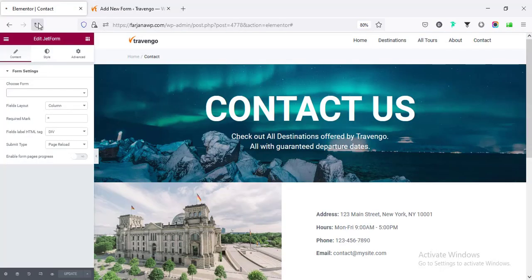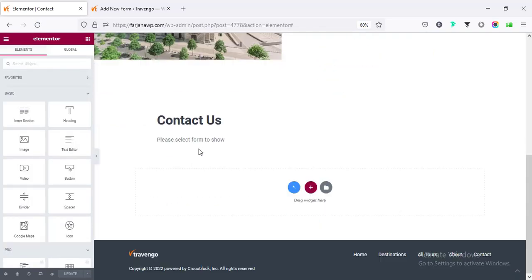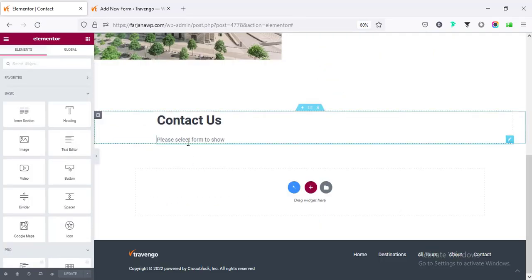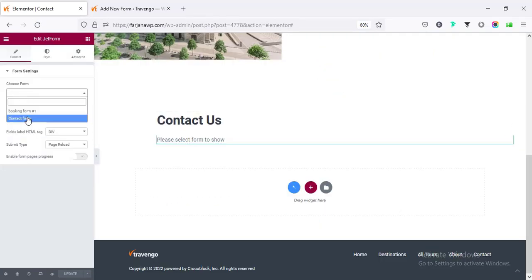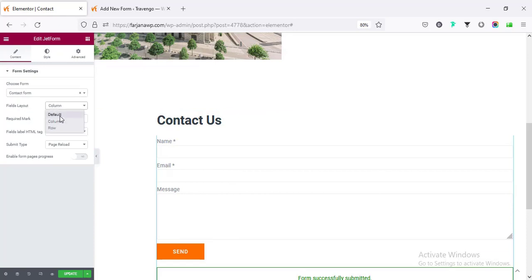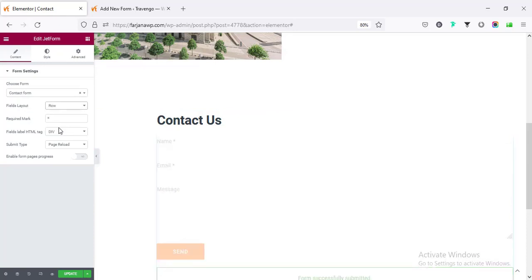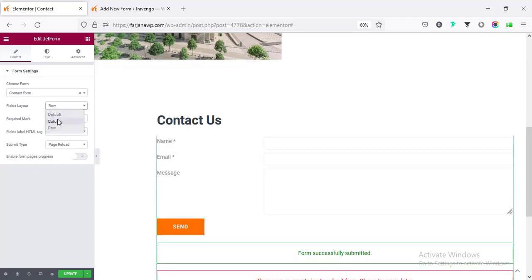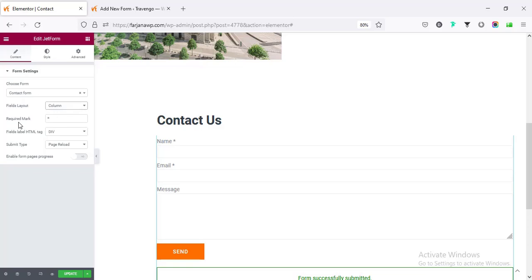Now from the contact page, when I refresh again, and here if I go here, choose form, I'm taking this contact form. It's showing this form, and we can select the field layout. We can make it to column or row. So for now I'm setting as column, and we can also set the required field mark and submit type, page